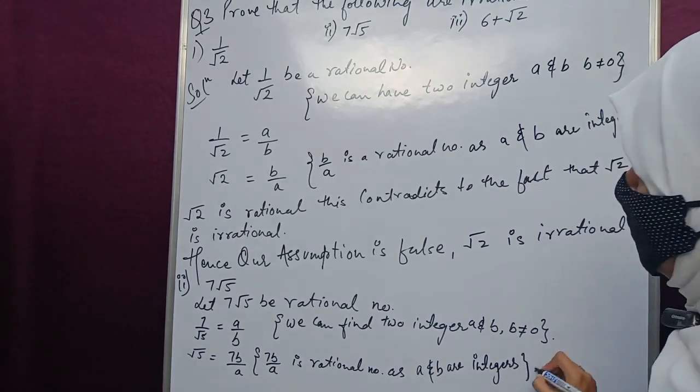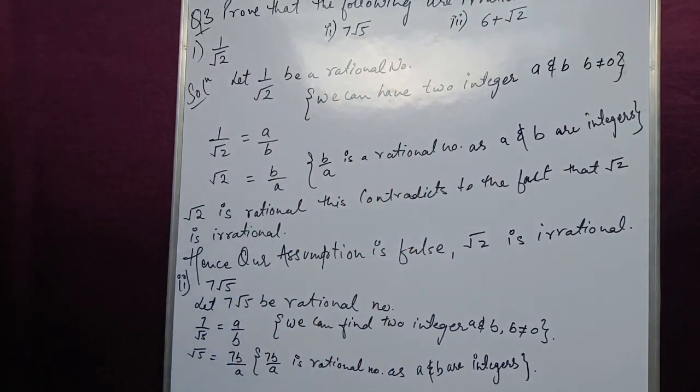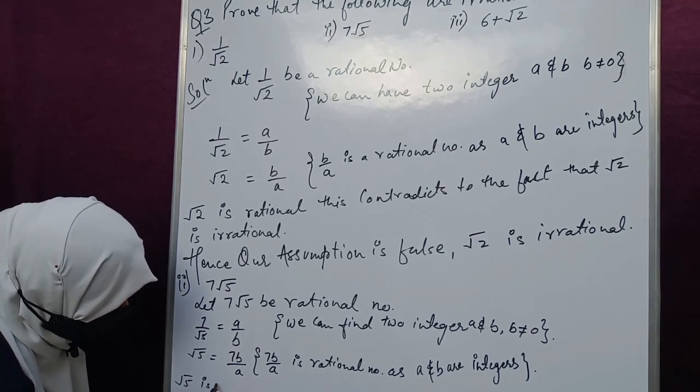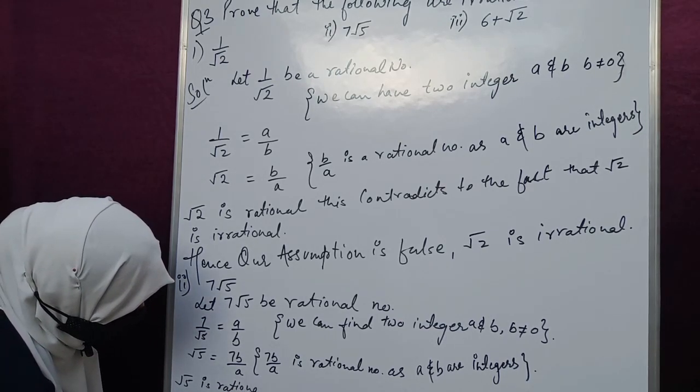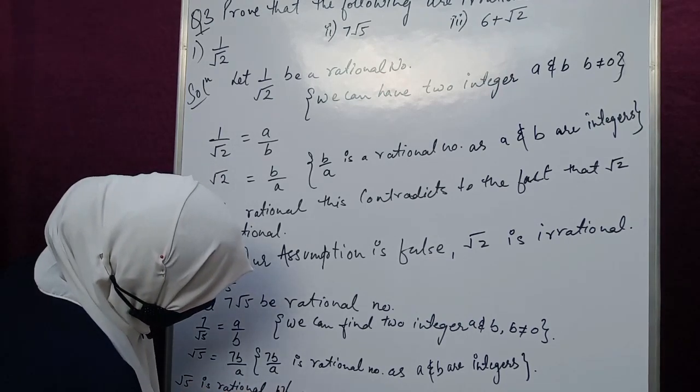Okay. Now that this is done, we can write square root 5 is rational, which contradicts the fact